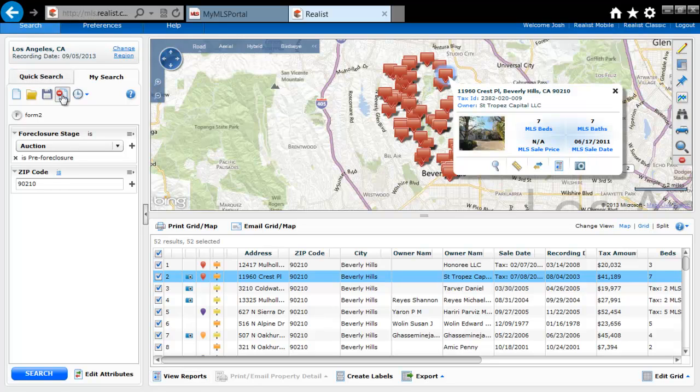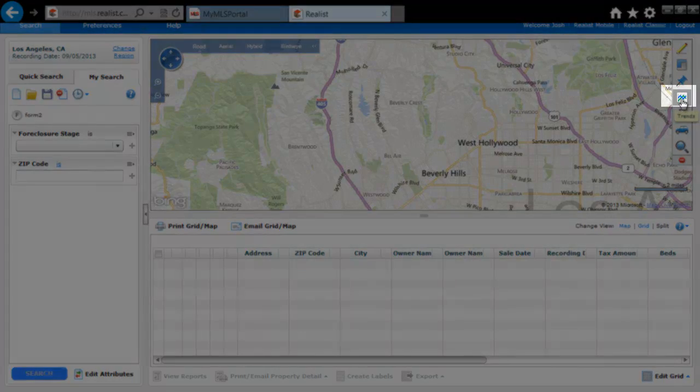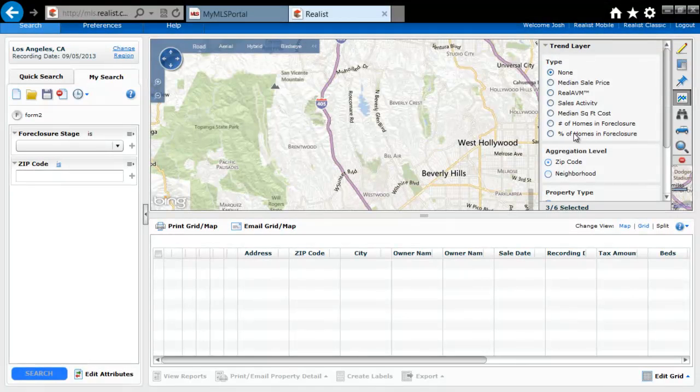Let's wipe the screen clear for a moment and just talk about how you can also overlay the map with information relating to foreclosures as well. The icon that is for trends allows you to access number of homes in foreclosure and percent of homes in foreclosure as an overlay option on your map. So for example, if we do number of homes in foreclosure,